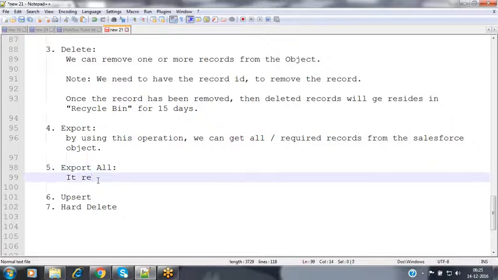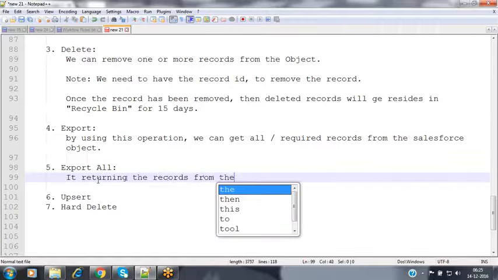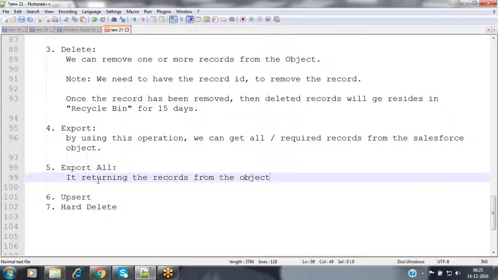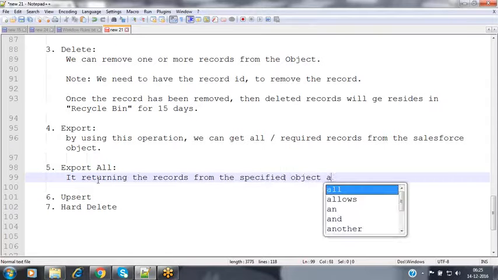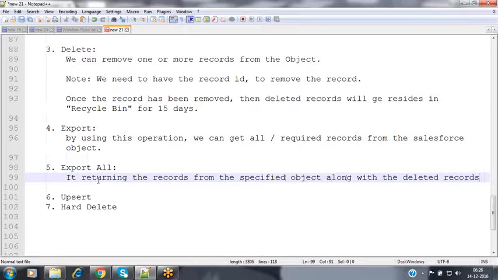The export all button returns all the records from the specified object, along with the deleted records as well.